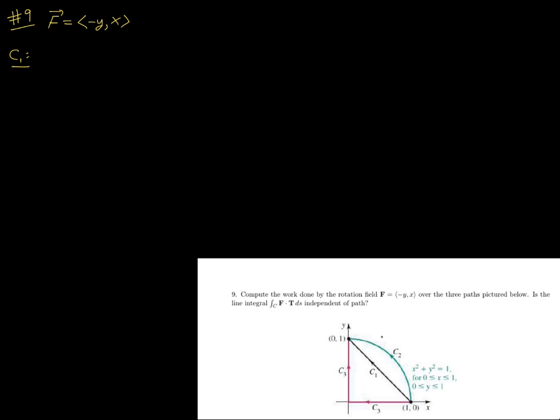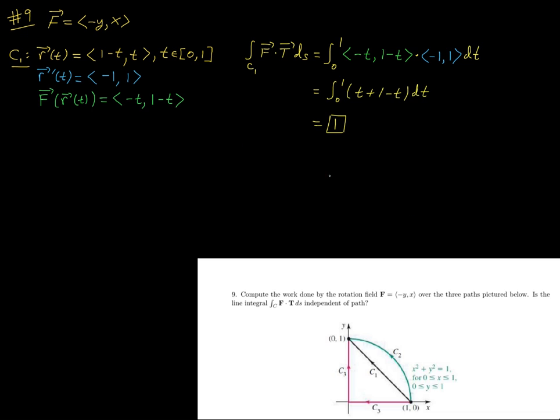Okay, so we're going to integrate this vector field F, this rotation field, over this straight line path C1, this circular path C2, and then this piecewise linear path C3. Okay, so for C1, I'm going to just jump ahead, because this is all the same. And in fact, if you want to pause the video and work through these, it's very good practice